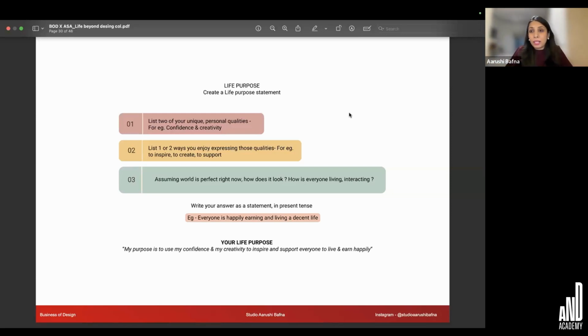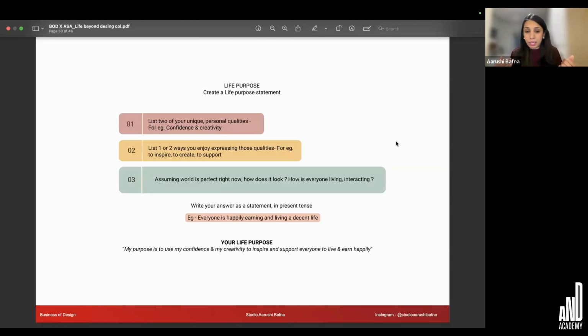Now, what happens, for example, why I started teaching on the weekends is because usually something that bothers me around me is people, if they do not have jobs. I've come across contractors. I've also come across interns who come from a very, very low background, and they're very unhappy in life because they don't have enough money. So I just wanted to help those kind of people to sort of grow and be able to earn money. And that's how Business of Design course came about.